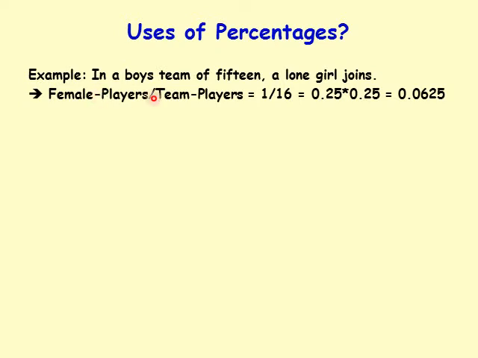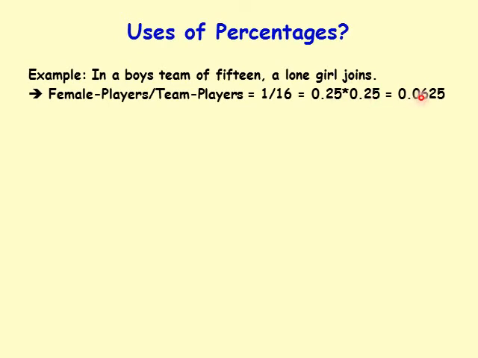So female players divided by team players are 1 divided by 16. We had 15 players in the team. Now one more joins. I have a 16 now, and there's only one female. Okay, 1 divided by 16 is 0.0625. If you want to look at it the other way, it's 1 over 4 times 1 over 4, 0.25 times